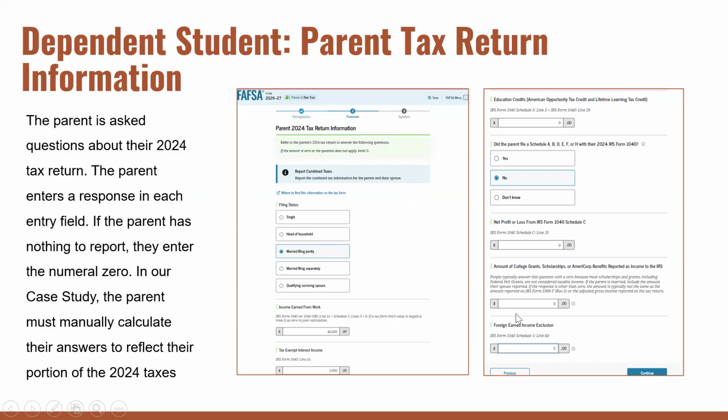tax return information. But again, folks may not see this screen if all of their data is just directly pulled from the IRS, which is great in most situations. We don't want folks to have to answer all these questions manually if they don't have to. So if their tax information from 2024 is accurate and reflective of